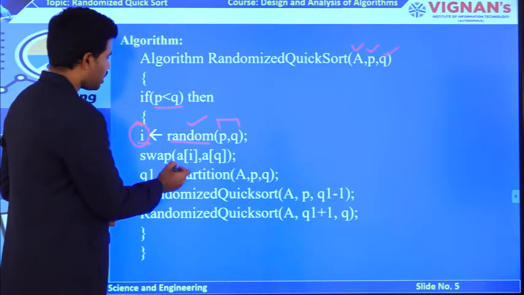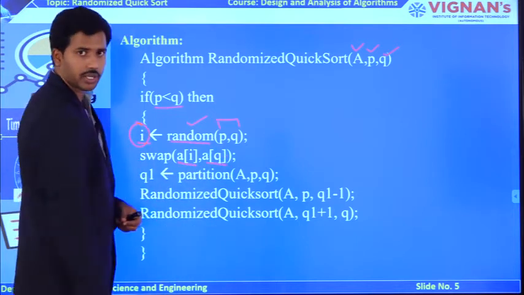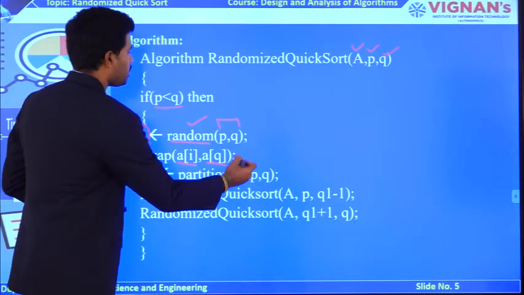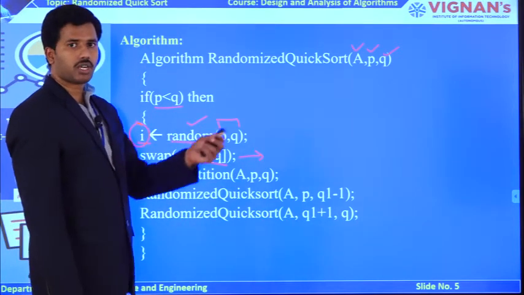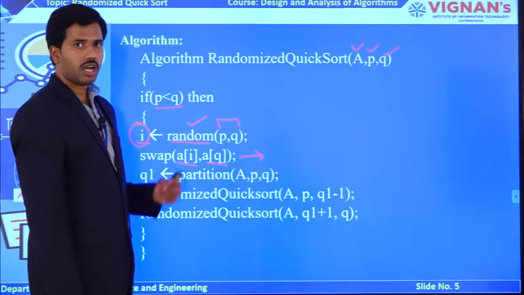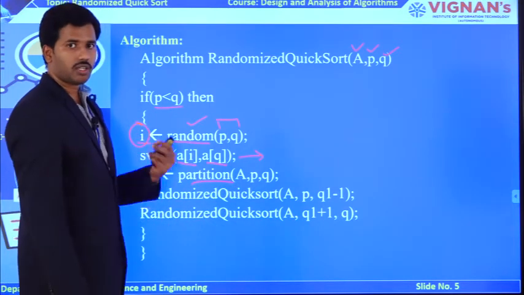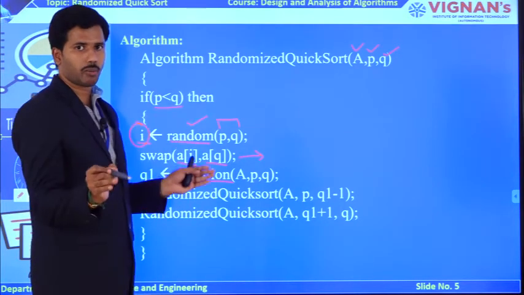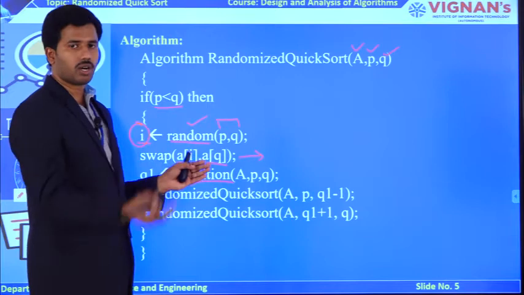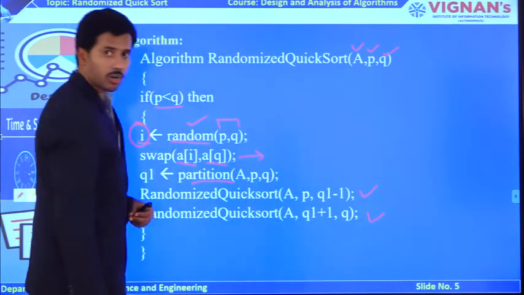Now my next target is to swap this random variable with my last index that is pointed by q. So after performing this instruction, my input array of sorted manner will be converted to unsorted manner. Ultimately, with the help of the partition algorithm, you can break down your n size array into two subproblems. Again, the divide and conquer technique picture will come. You are going to have two recursion calls, nothing but two subproblems.